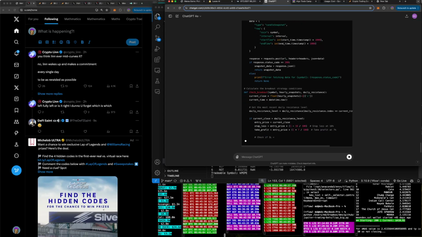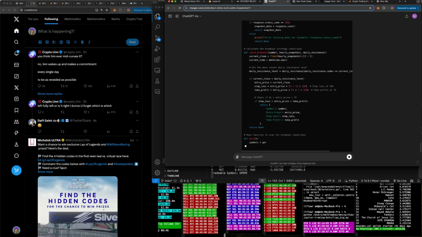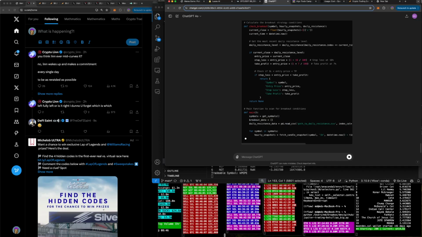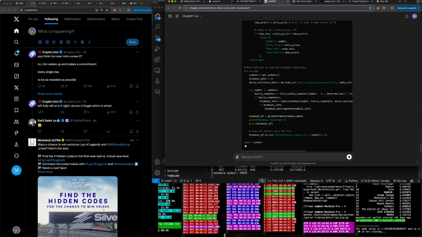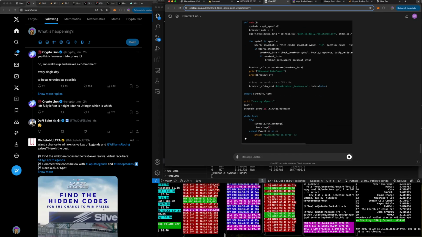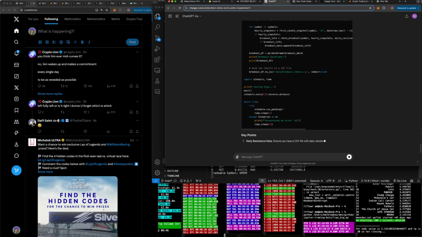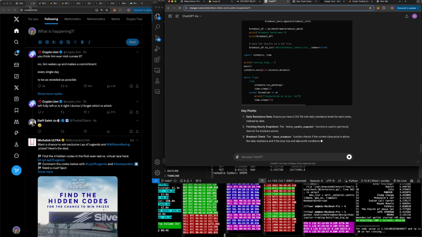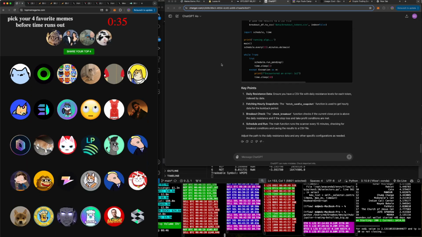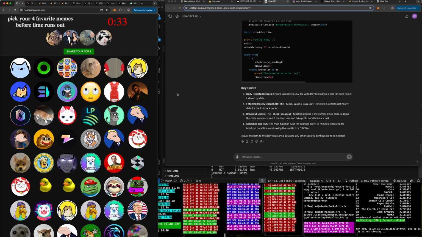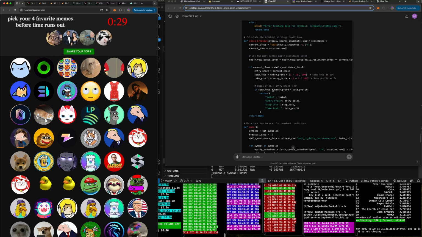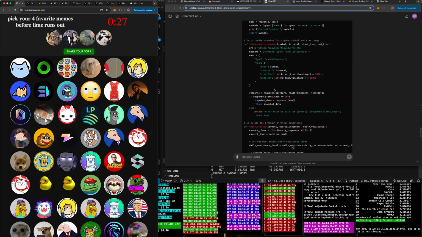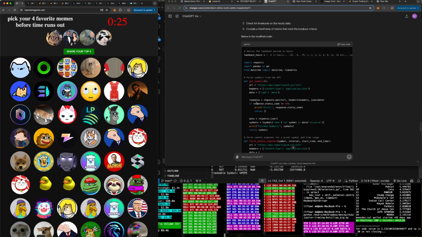Bro, why you use Python? Isn't Python slow? Z2 says. No. It's slow, but like slow to what, you know? Slow to what is the question. It's slower than like others, but it does great for me. I'm not trading high frequency. If you're trying to trade high frequency, then yeah, might be a little slow for you, but